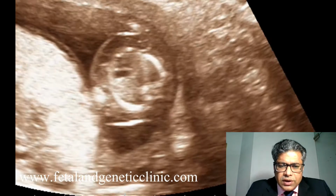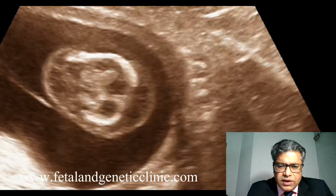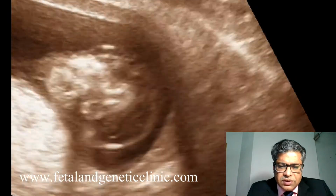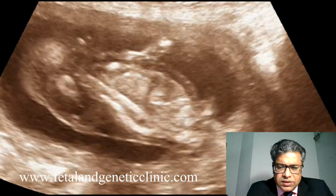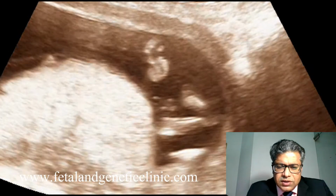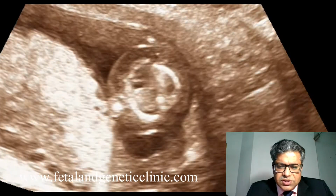So as I've told you earlier, this is a cystic hygroma. We do have fluid in layers and layers in the baby. This is all subcutaneous edema. This is fluid behind the neck, a Buddha's appearance. The complete body in totality is surrounded with fluid, and so this is a cystic hygroma to talk